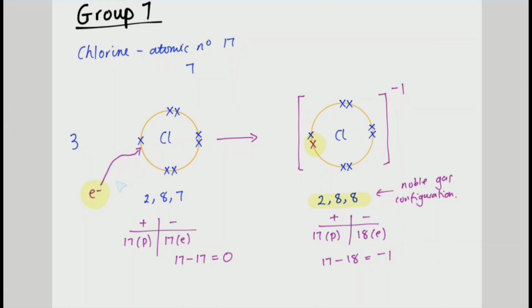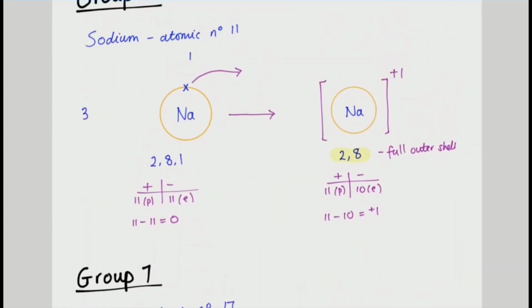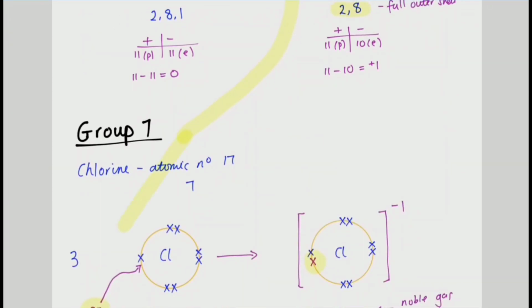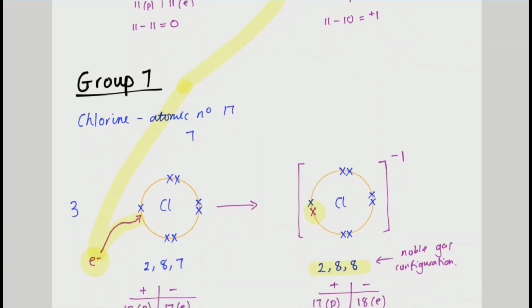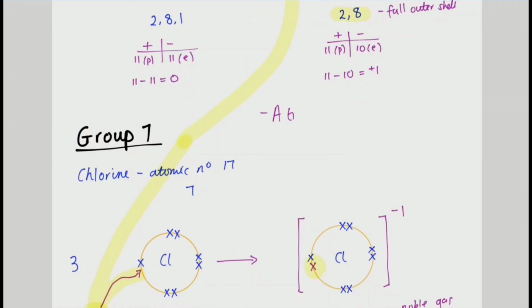Now we need to look at where that electron has come from. There needs to be a species that donates that electron. Well, sodium could donate that electron, so a reaction could happen where sodium donates an electron or transfers an electron to the chlorine atom to form the chloride ion. So to recap, a transfer of an electron from the sodium atom to the chlorine atom occurs